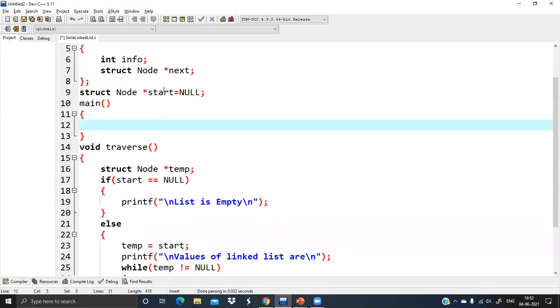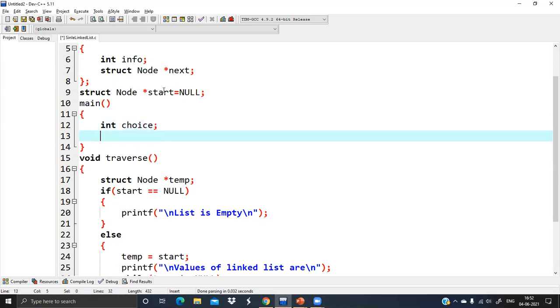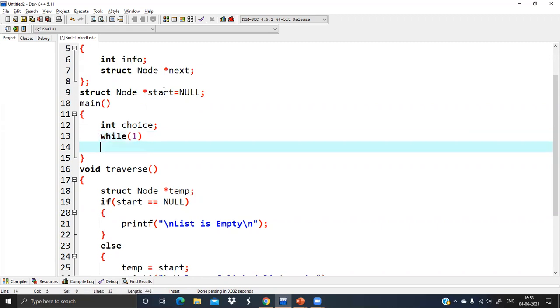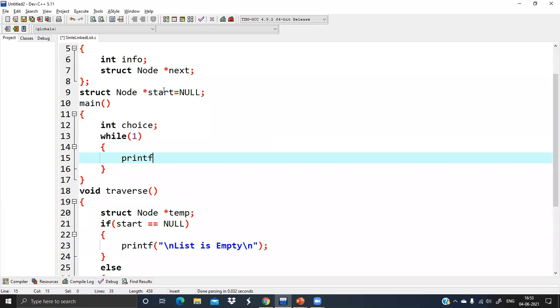But before that, inside the main function we'll keep a menu driven code. Clear? We'll ask the user which operation the user wants to do. Okay, so while one, printf, so first the user will provide exit. Okay, second choice is for traverse.